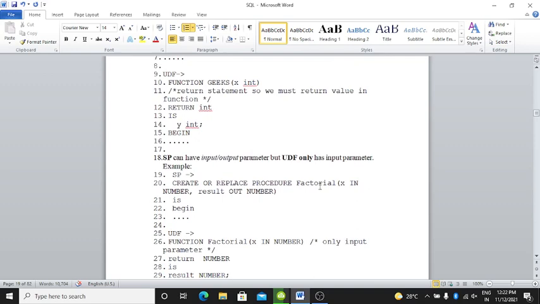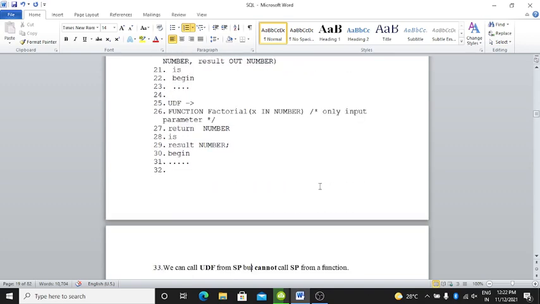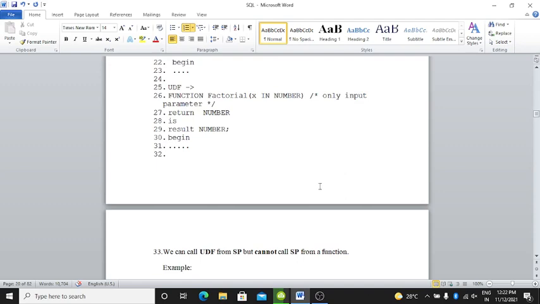Okay. Example is SP: create or replace procedure factorial x in number, result out number is begin. UDF: function factorial x in number, only input parameter, return number begin.